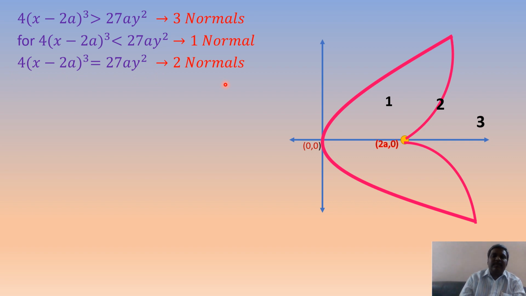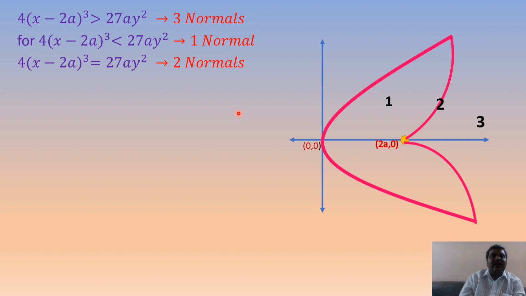Only for y square equal to 4ax. I already discussed only one case, f of alpha into f of beta less than 0. From that case, I generalized the 3 cases. Suppose your curve is not y square equal to 4ax, even though that is a parabola, that may be in the form of x minus h whole square is equals to minus 4a into y minus k, like that.